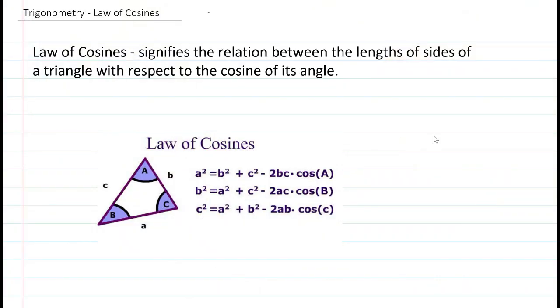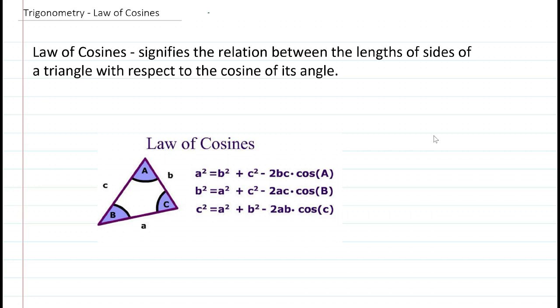Hey everyone, in this mini lecture we're going to discuss the law of cosines. The law of cosines is also known as the cosine rule or sometimes referred to as the cosine formula. What it does is it relates the length of the triangle to the cosines of one of its